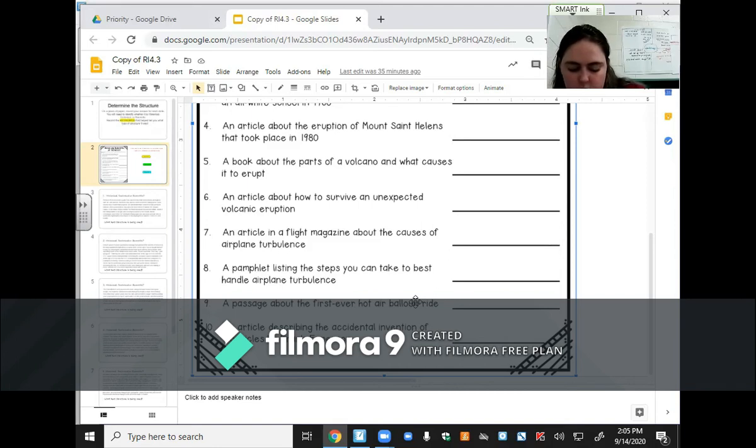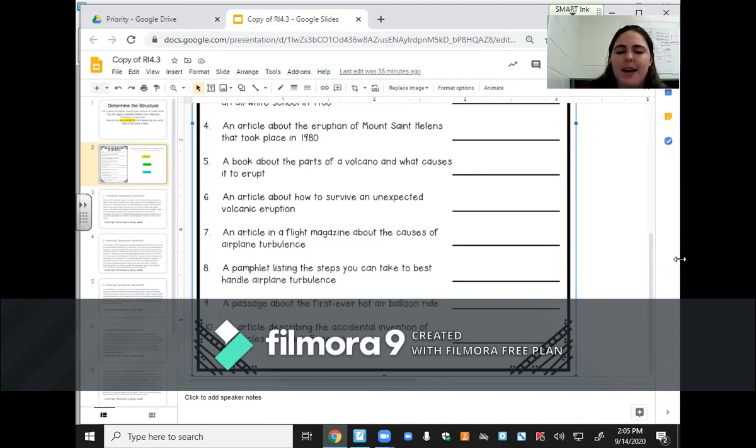It's not really a historical event. It's not telling us how to do something. So it must be scientific. Yeah, because we're learning about that airplane and what causes the airplane turbulence. Yeah. Good. All right. Number 8, a pamphlet listing the steps